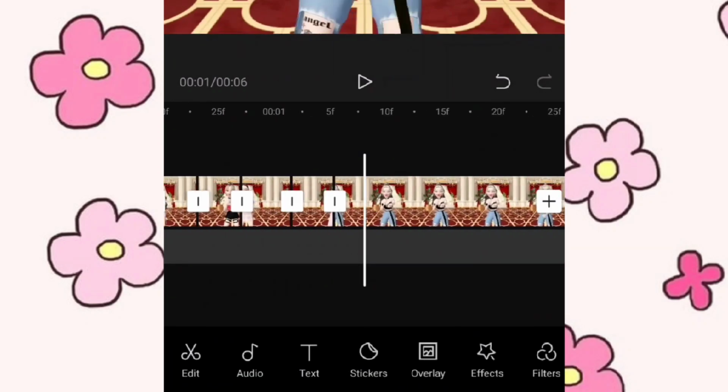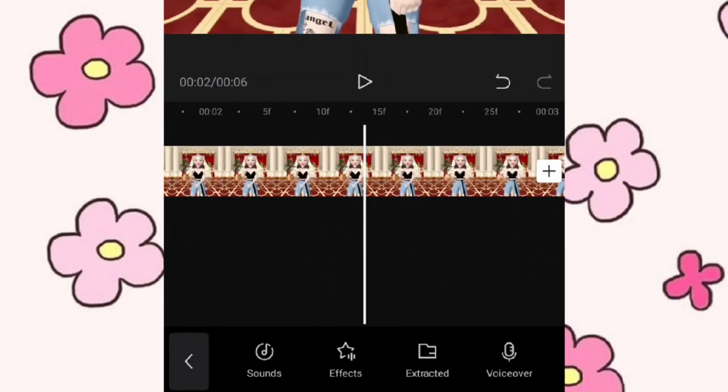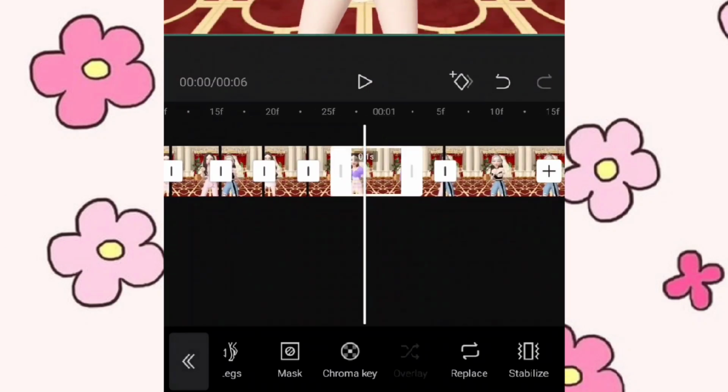Okay, with all this splitting or cropping of every clip, if you want to make it more realistic, we can now